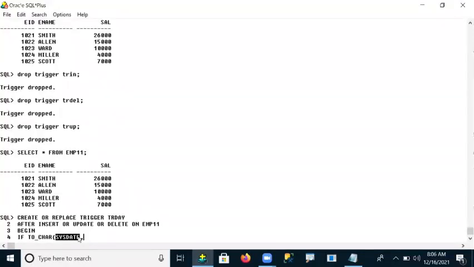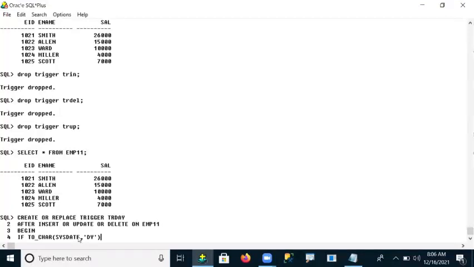That's why I'm taking SYSDATE. And here I'm taking one interval, the DY interval. This is called the day interval. The DY interval returns the first three characters of a day spelling.